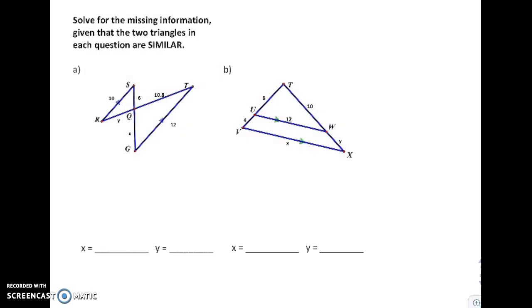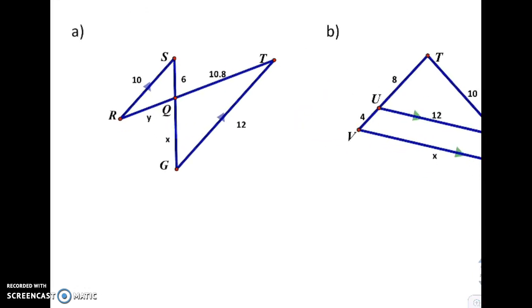So I'll do a little bit of similarity practice here, and the first problem, A, has a missing x and a missing y, so we have to find one at a time. And we know these triangles are similar because we have parallel lines which are labeled, so go ahead and draw this picture, pause the video and draw it so you can get a better idea, and go ahead and label